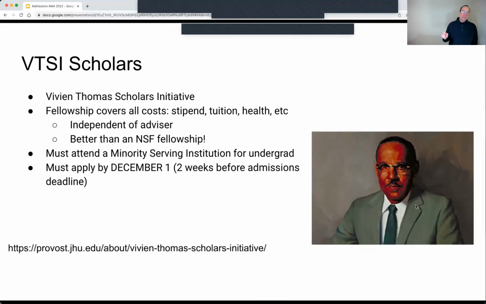The thing to know about this is you must apply for it, and it has a separate deadline. So you have to apply to our computer science program by December 1st. And when you apply, there are some additional questions you have to answer. All this is explained on the website that I've linked to below. I pointed it out because if you qualify, but you don't know you qualify and you apply late, then you don't get it. So you have to make sure to apply by December 1st, which is 2 weeks before our own deadline for CS.